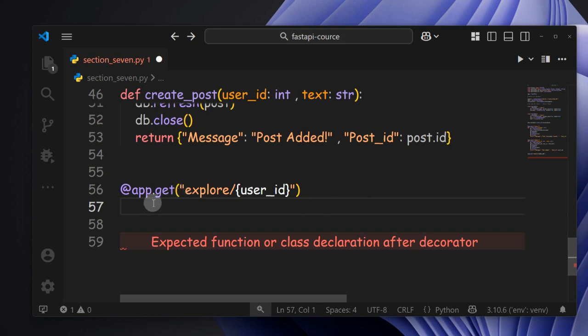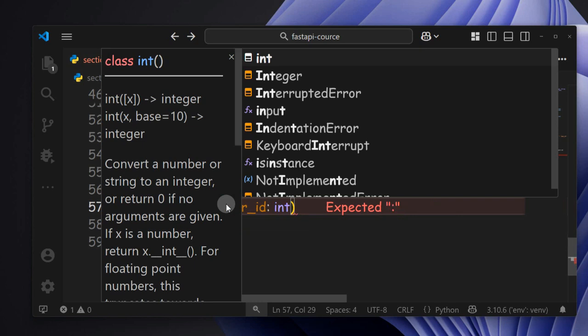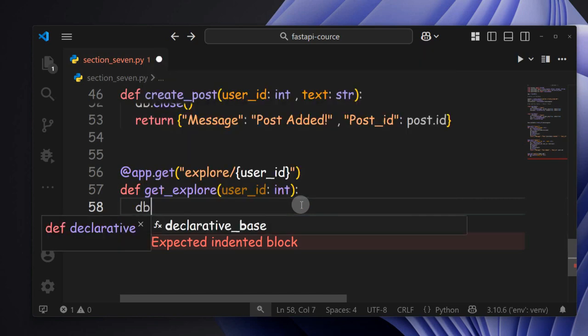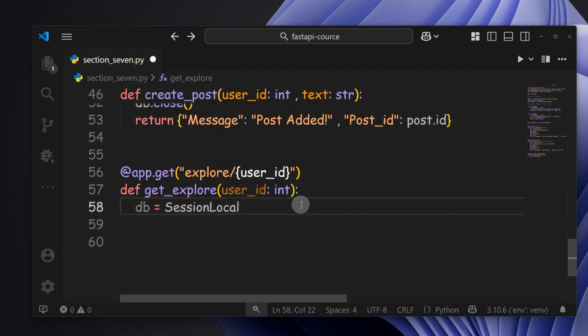So inside the explore/user ID, we have to define a function, and that function name is get_explore, and it's gonna receive just the user ID of type int, and here we have to open a connection to our database, SessionLocal, and